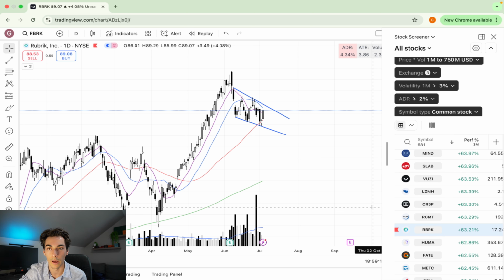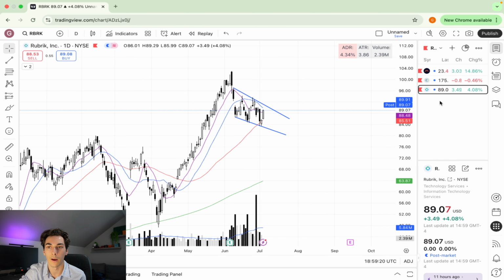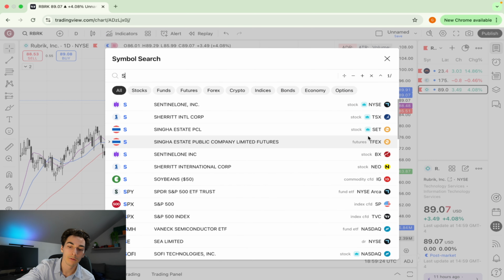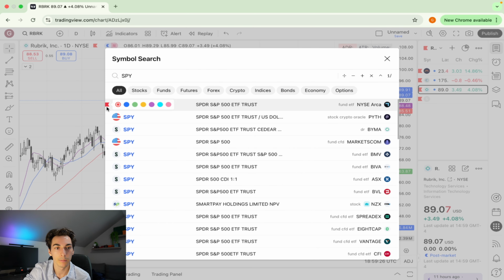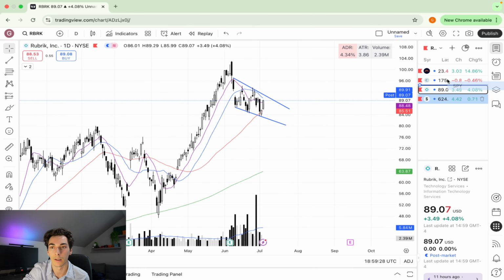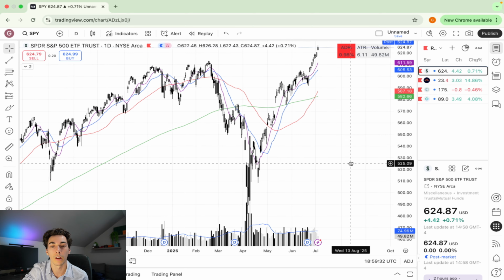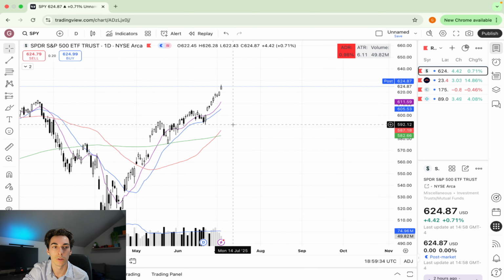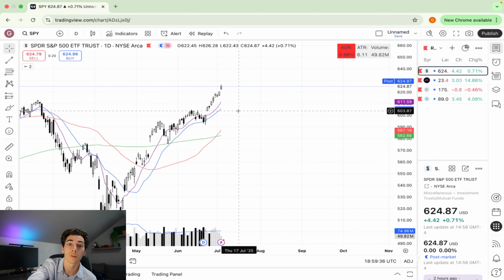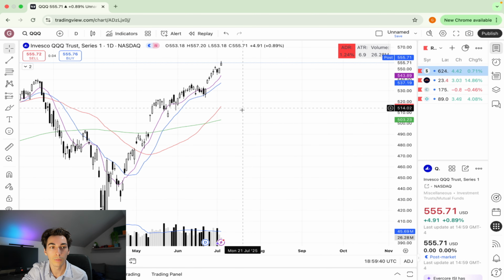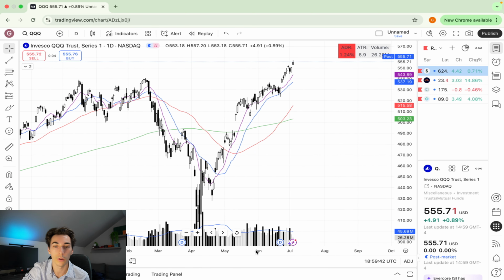Yeah, so I'm going to add it, just flag it, and now we have your watch list. What I like to have in my watch list is SPY, because it's a good indicator of the overall stock market health. As you can see, we closed again at an all-time high, and the exact same thing for QQQ, which is another good market health indicator. So I add them,